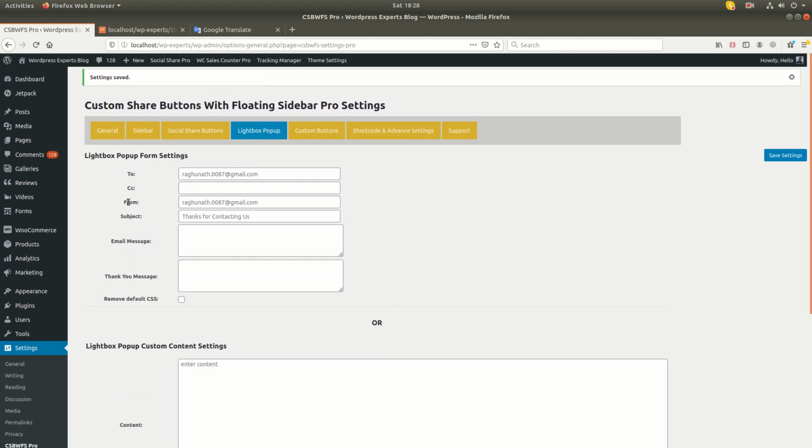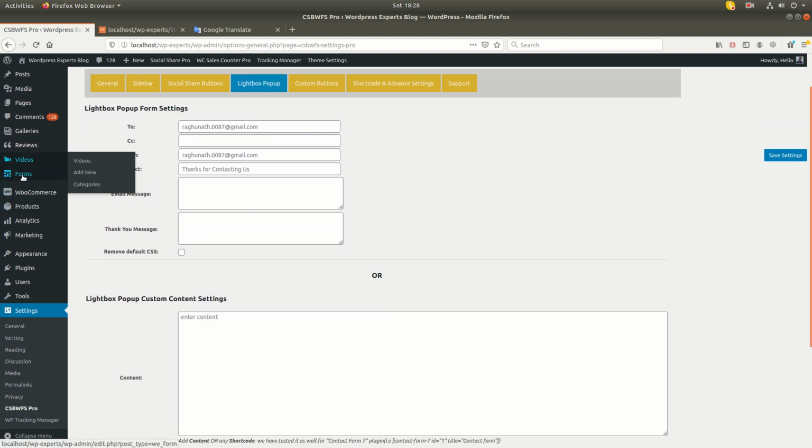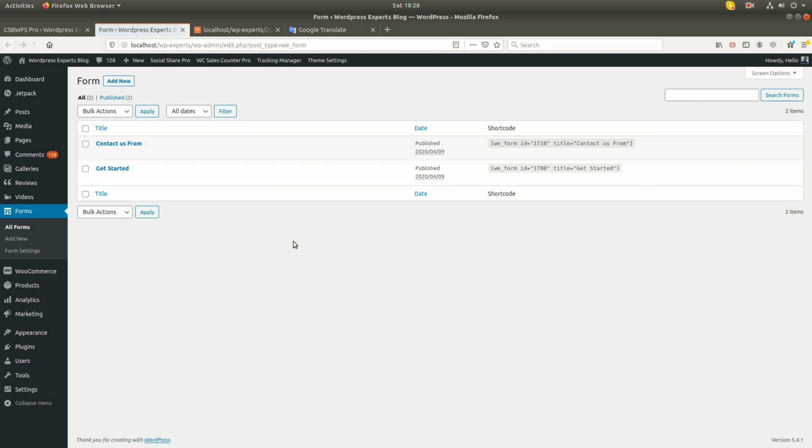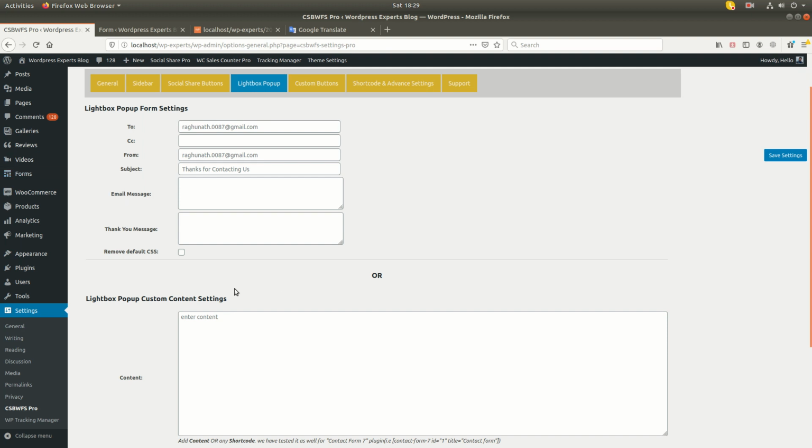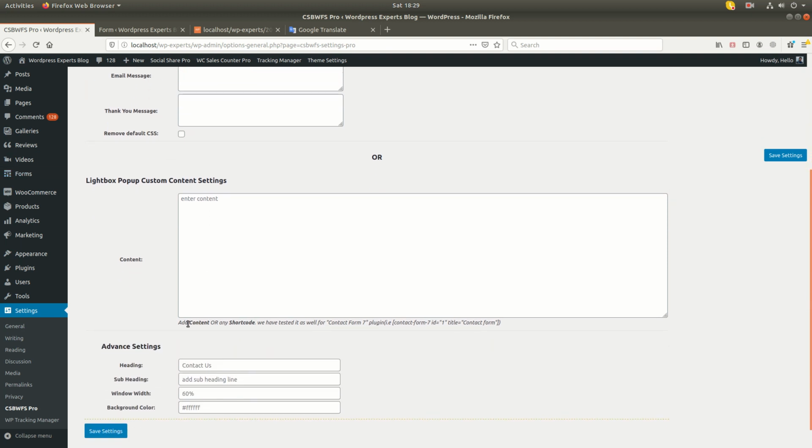Okay, so like this is a custom form. And I have given the instruction, add content or any shortcode. We have tested it with the Contact Form 7 plugin. Okay, so this is my custom form, so it might not work.